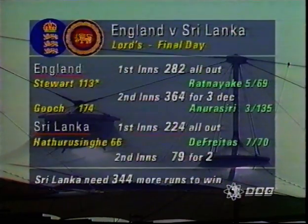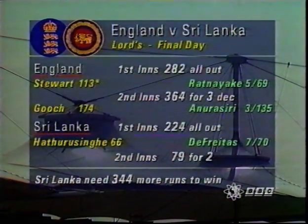England 282 and 364 for 3 declared, with Gooch 174, and Sri Lanka 224 and 79 for 2. Sri Lanka need 344 more runs to win. Well, the key